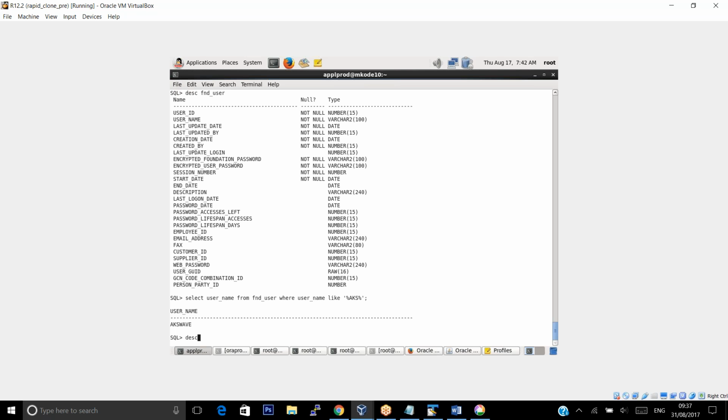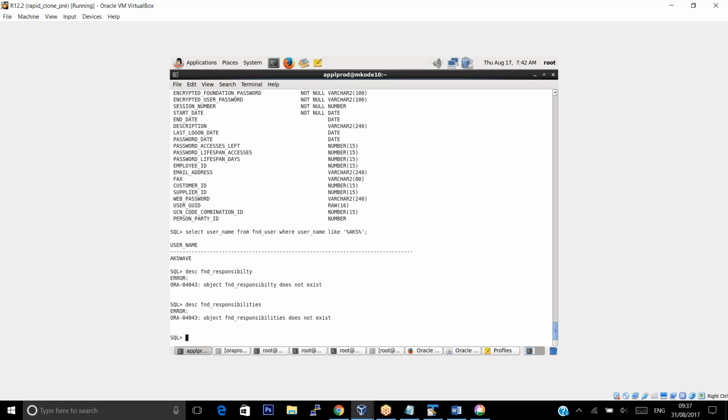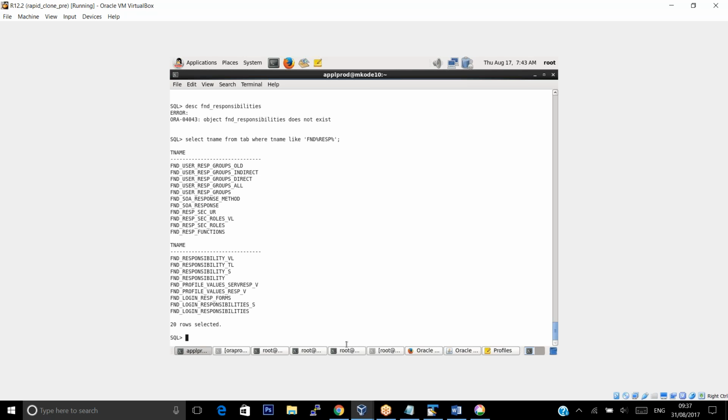Something like fnd_responsibility. Maybe a spelling mistake. The responsibilities table contains the list of responsibilities, fnd_menu contains the menu things, fnd_responsibility contains all the responsibilities, fnd_user contains the users, and there is another table called